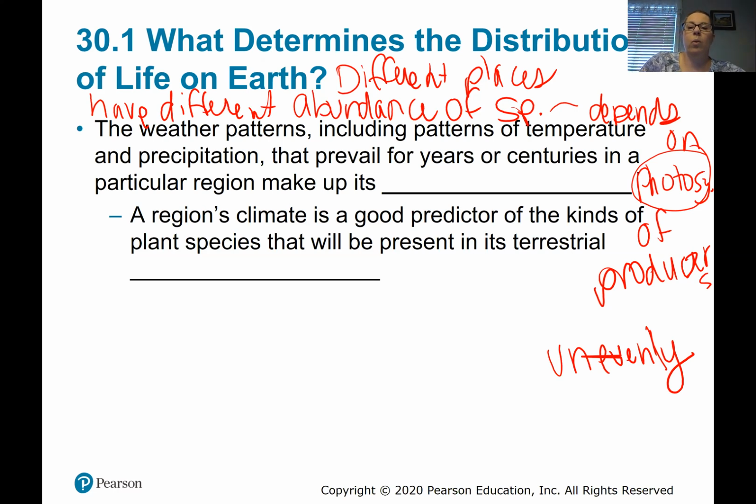And so weather patterns, including temperature and rainfall or precipitation, over long periods of time in a particular area make up its climate. Okay, this could also include wind and other factors as well, but the two main ones are going to be temperature and precipitation. And again, this is a long-term effect on a climate in a particular area. Okay, so the climate in a region is going to be a good predictor of what kind of plant species can be present in a terrestrial ecosystem. Okay, so if we know the climate,